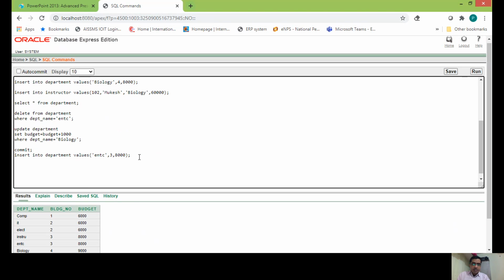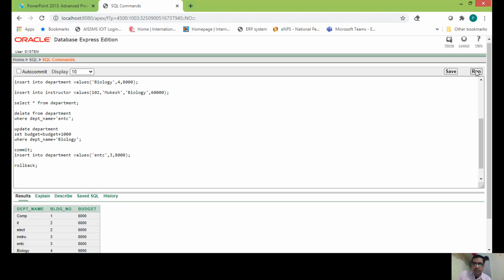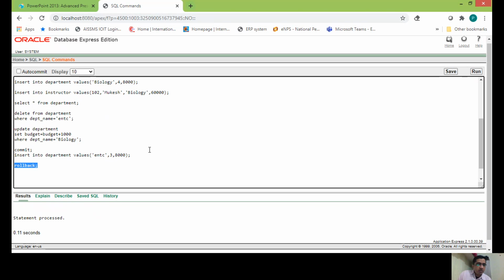But now instead of commit, if I fire rollback, it should perform the undo operation. This means this recent data manipulation operation will be undone; it will be rolled back. So let us see the effect. Statement processed.